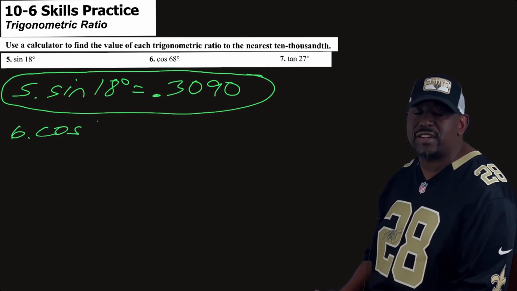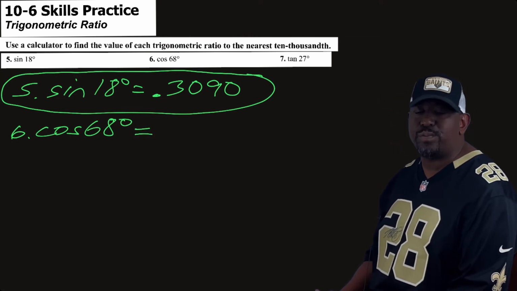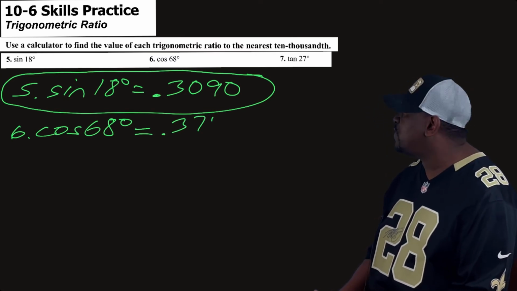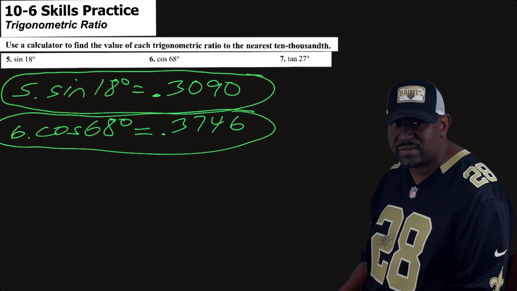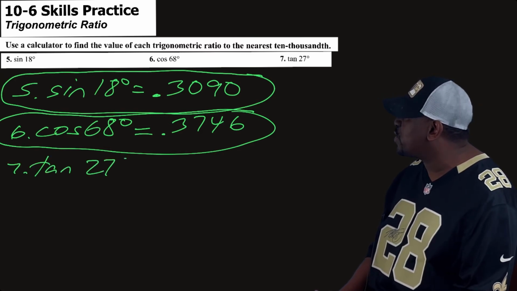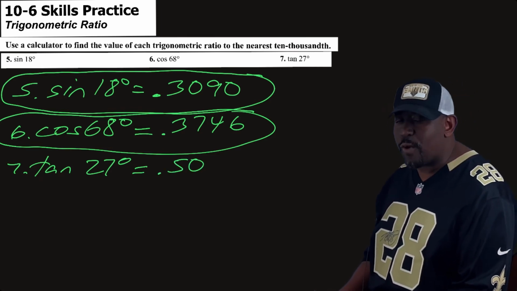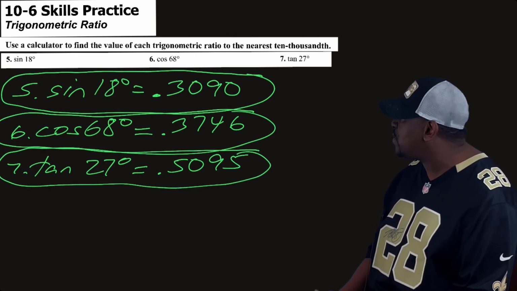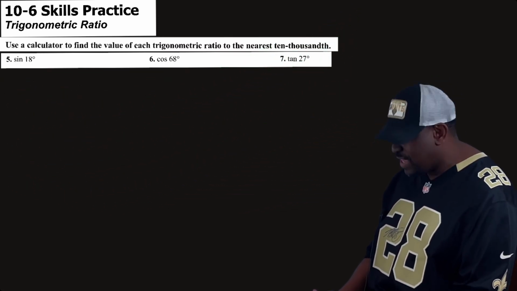So now we have cosine of 68 degrees. We put that into the calculator, and it will give a value. We round it to the nearest ten-thousandth place, four decimal places. And so that value will be 0.3746. And then the last problem we're going to do is tangent of 27 degrees. Again, we plug that into the calculator. You want to round to the fourth place. And how do you do that? You look at the fifth place, and if it's 5 or more, you round up, and if not, it stays the same. So tangent 27 is equal to,